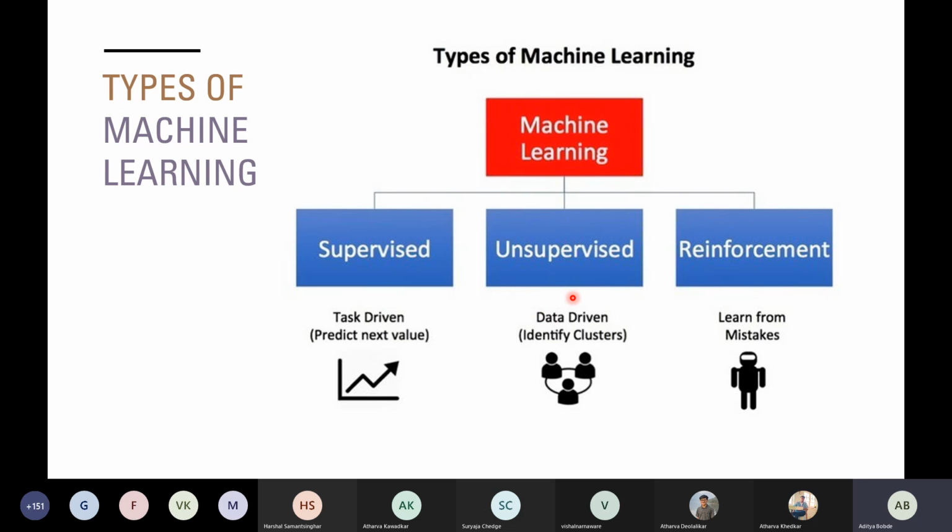The next type is called unsupervised learning. In the case of unsupervised learning, a lot of data is given, and in the data you want to classify your members into clusters. You have to form groups. Like if you have watched a comedy series on Netflix, like Friends or Big Bang Theory, the next time you open Netflix you will be shown a feed related to comedy series. You must have noticed it on YouTube also. If you watch some comedy or thriller videos on YouTube, the next time you open it, you see thriller videos or comedy videos. So that's what unsupervised learning does, it classifies the data.